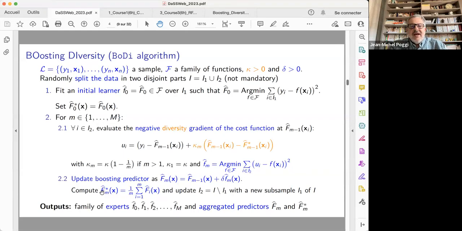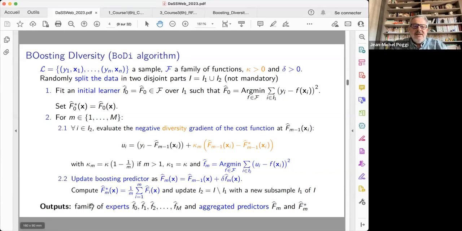It is f hat star, which is just the mean value of the f hat. So this is not crucial. You can focus on the boosting predictor, and then you continue this loop. So you take now the residual you obtain between the measure and your current estimate, and then you iterate